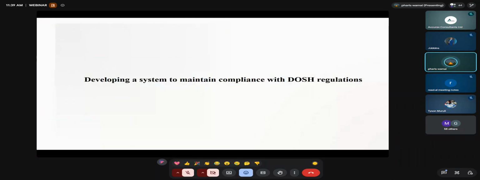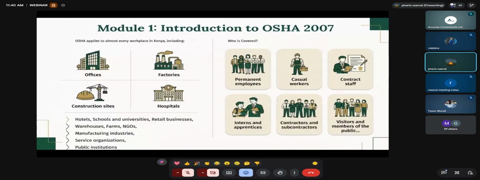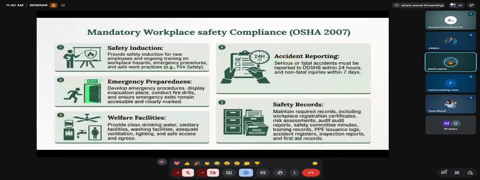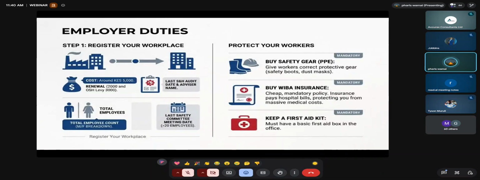Most importantly, when it comes to compliance, is how we can ensure that we are able to maintain that compliance. So number one, as I said, is registration of a workplace. We looked at what comprises a workplace. We said an office, factories, construction sites, and hospitals. If you have any of those, you are supposed to make sure that you are registered as a workplace